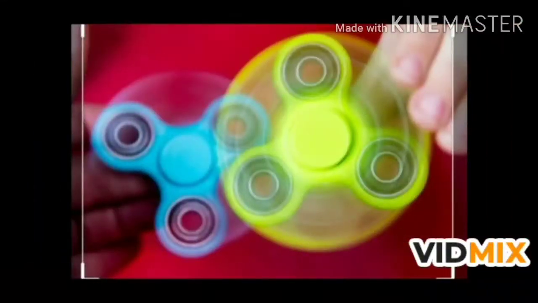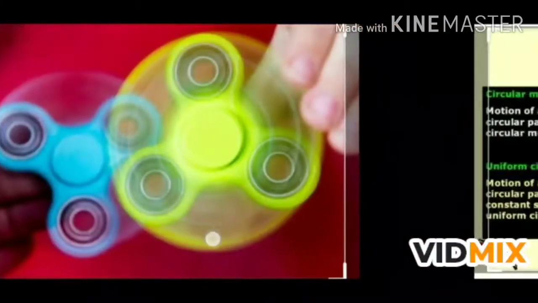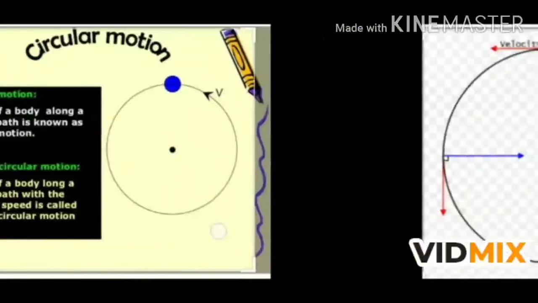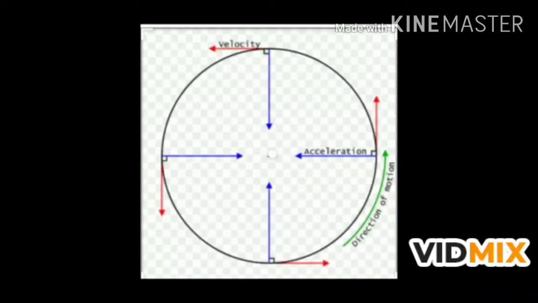Uniform circular motion is also known as accelerated motion. When a body moves in a circular path with constant speed, its direction of motion changes continuously at every point. This shows that the velocity of the body moving in a circular path changes continuously due to change in direction of its motion. It means the body moves with changing velocity in a circular path. The change in velocity of the body with time gives rise to an acceleration. Thus, the uniform circular motion of a body is known as accelerated motion.